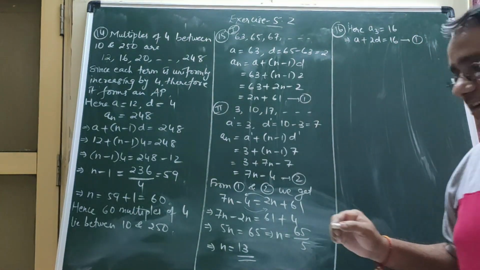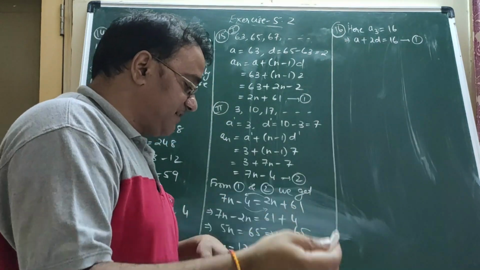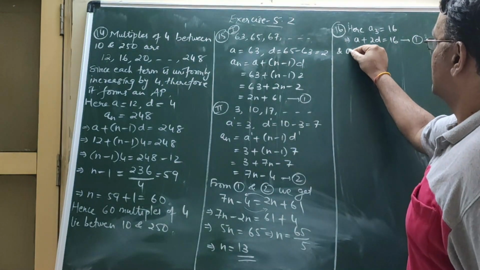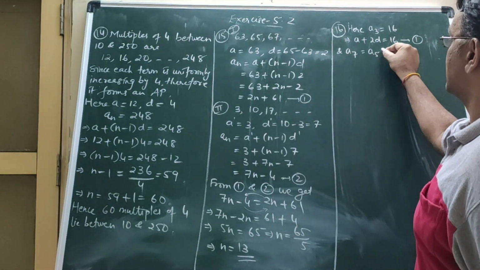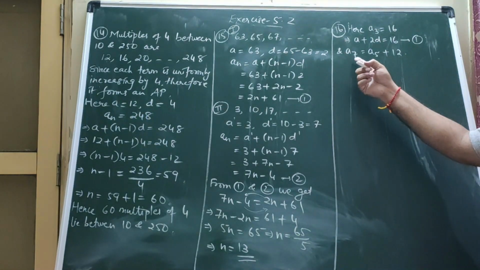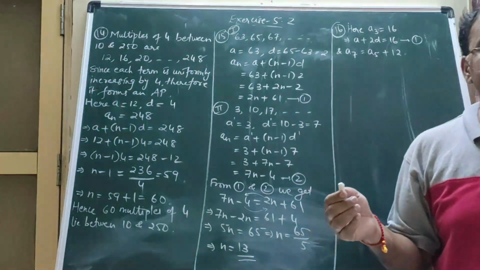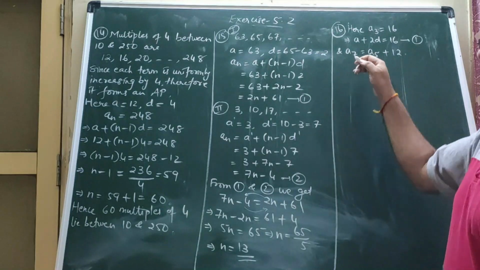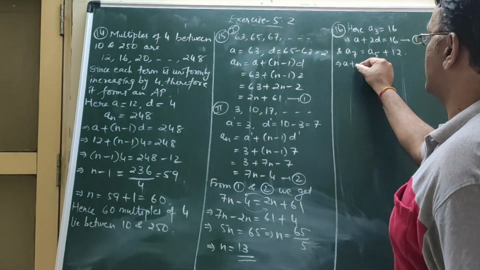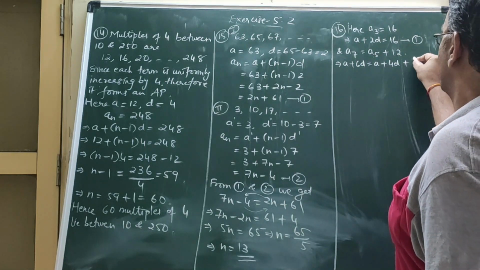Okay. And the second condition is given that the seventh term exceeds the fifth term by 12. Seventh term जो है fifth term से ज्यादा है, कितना? 12. Right? Now we will substitute A7 and A5. What is A7? A7 को कैसे लिखेंगे? A plus 6D and A5 is A plus 4D. So that we are going to replace. A plus 6D को लिखेंगे A plus 4D plus 12.